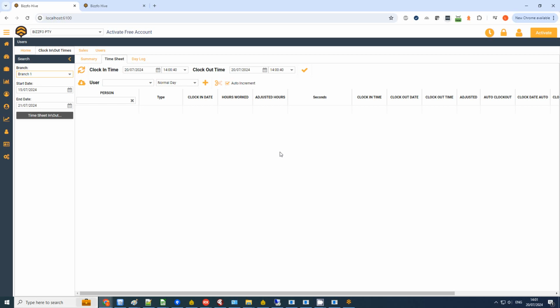What I'm going to do is create a timesheet for 2 users and just give you a bit of a summary so you can see what it looks like. And this will be for Hive users. If you have any point of sale systems, the data will be fed in here